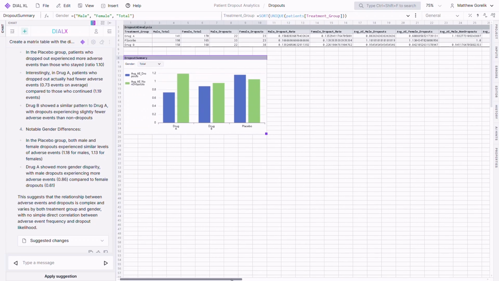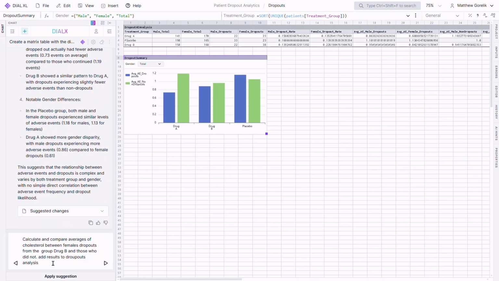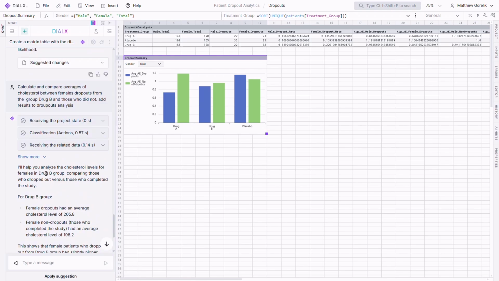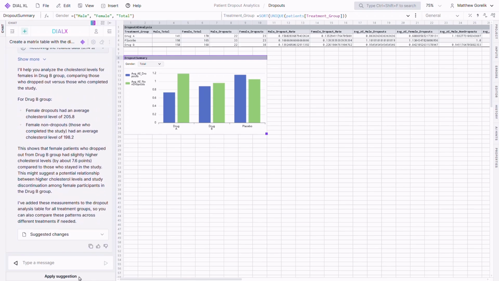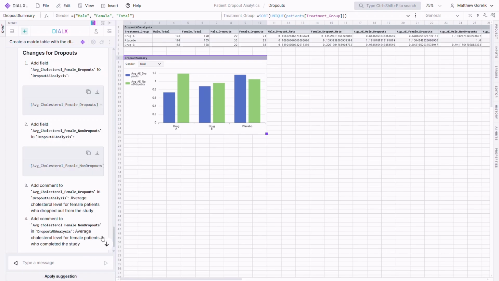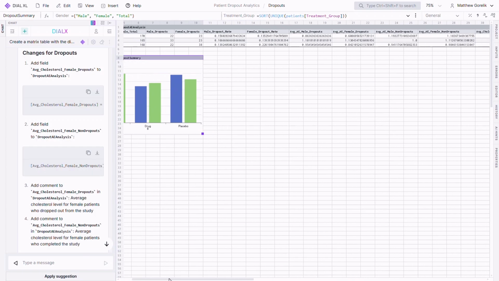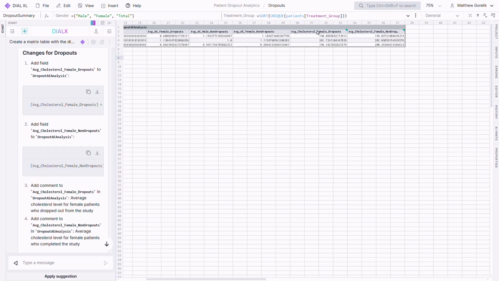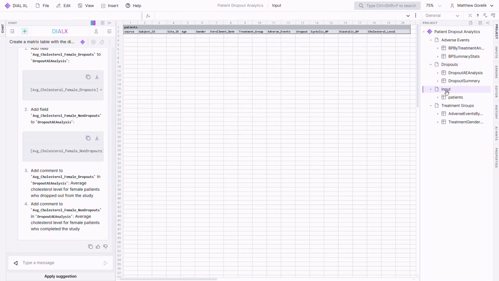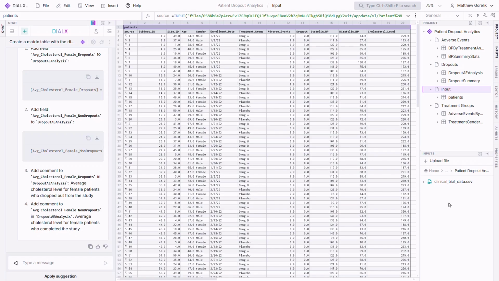Lastly, since we observed that participants in the drug B group had the highest dropout rate, let's ask our agent to help us study the cholesterol levels for those patients. We can see that drug B dropouts had a slightly higher cholesterol level among females, which may inform some further research. Using our new DIAL Expressive Logic platform, we were able to use AI to uncover interesting relationships about structured